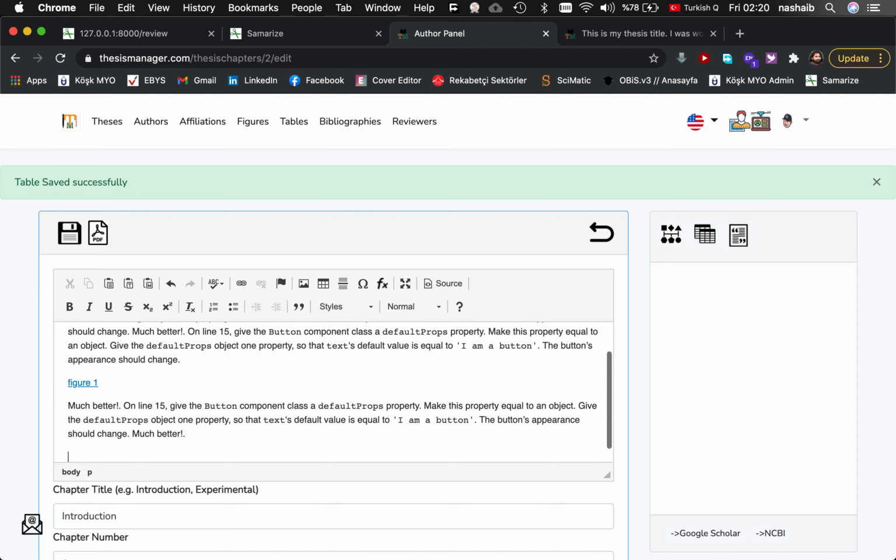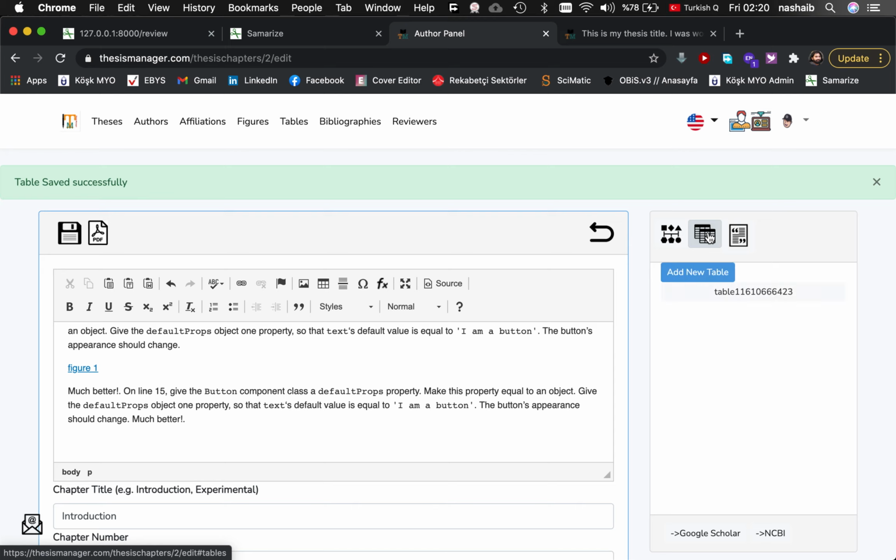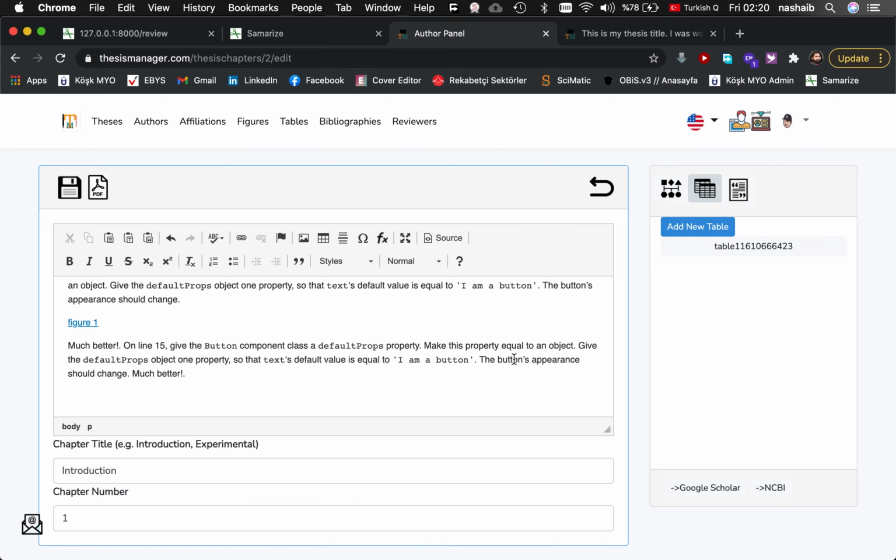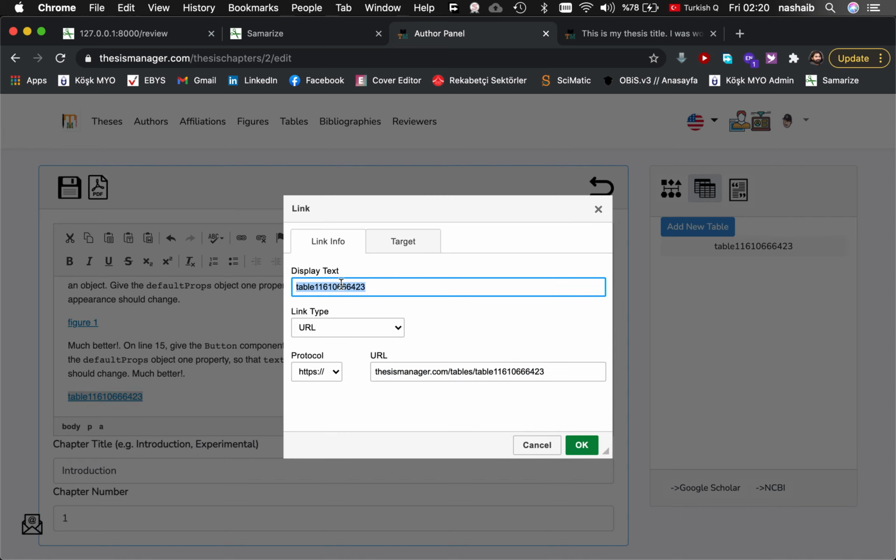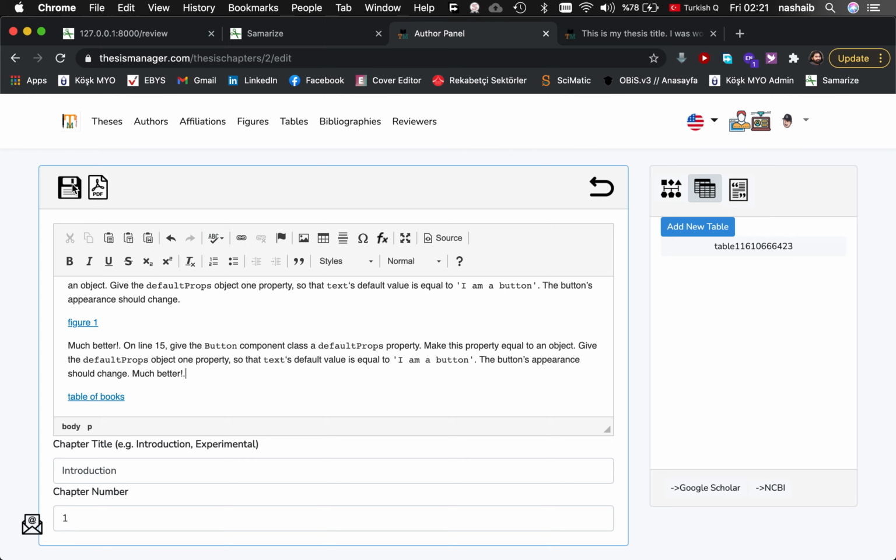So I need to bring here this table, and if I click tables, I will see this table here. So let me bring it here. It also pasted here. I don't need to do anything, but if you want, you can give a nice name here, just to remind you, like table 1 or 2 or something like that. Table of books, just for your reminder. Okay, and then click save,